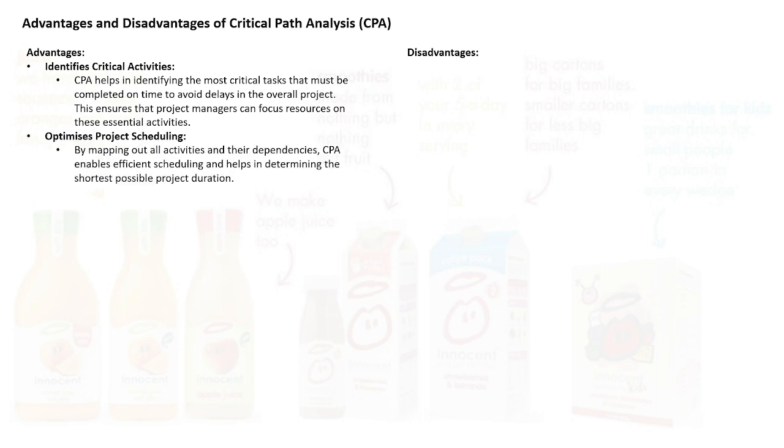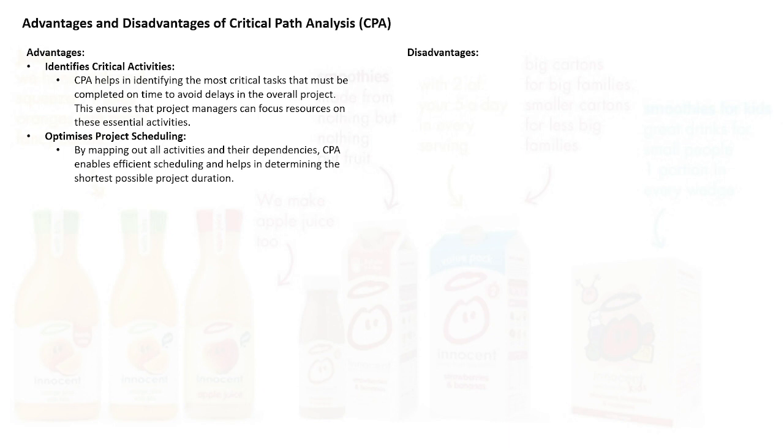Yes, it helps us with our scheduling. So optimization is actually, if we discuss it with our teams, if we stick it in a plan and we track our progress through the CPA, then maybe we can improve things. If this is a one-off project, so the 12 marker is talking about installing a new IT system, for example, maybe I don't do that again for another 10 years. But if this is a brand new project that's going to repeat itself, so Innocent Smoothies in the background there,